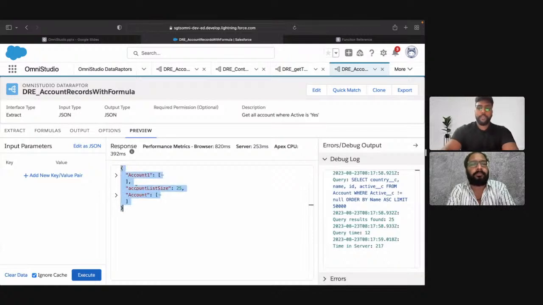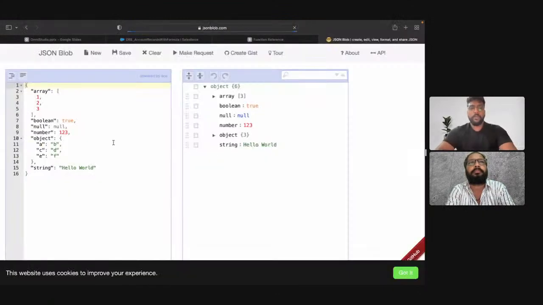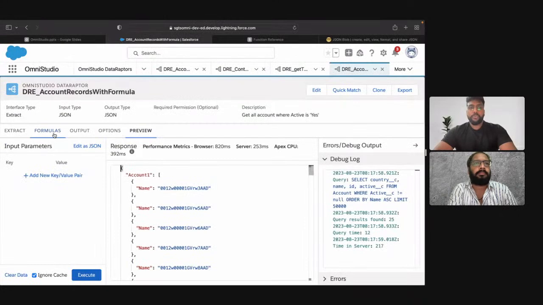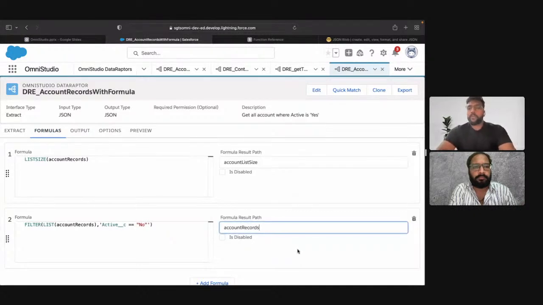And if I go to JSON blob, and if I paste it, as you can see, the original list is still holding the 25 records, but the another list is holding the 21 records now, right? So, but it's not a good practice to create a new node every time when you are doing some things on the filter on the formulas tab. So if I remove this one from here, right,